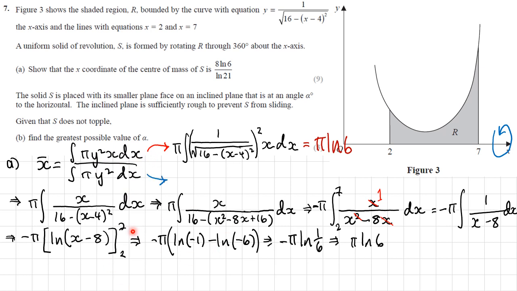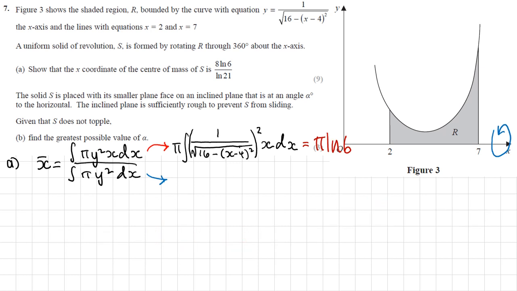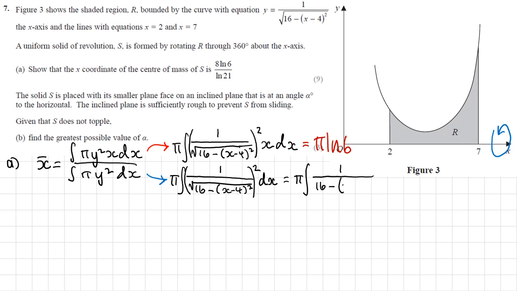So let me just clear off this work and create a bit of space. Okay, so it's going to be pi. So I've just moved the constant across like I did before, and then y squared, so 1 over the square root of 16 minus x minus 4 all squared, and all of that gets squared, not times by x this time, just dx. So let's tidy that up and see what we get. So obviously if I'm squaring that fraction, that gets rid of the square root at the bottom, and the top is just 1,